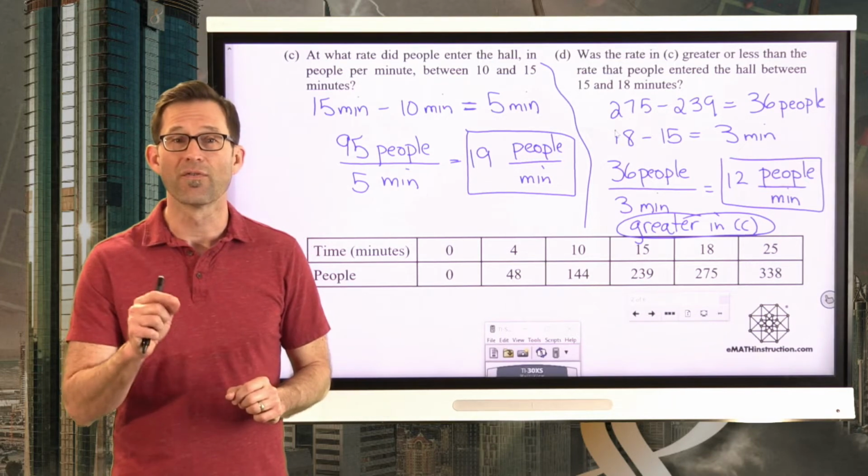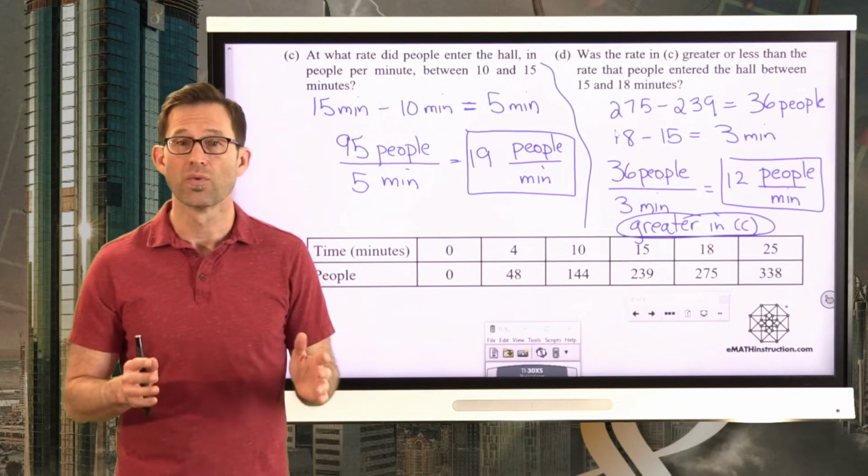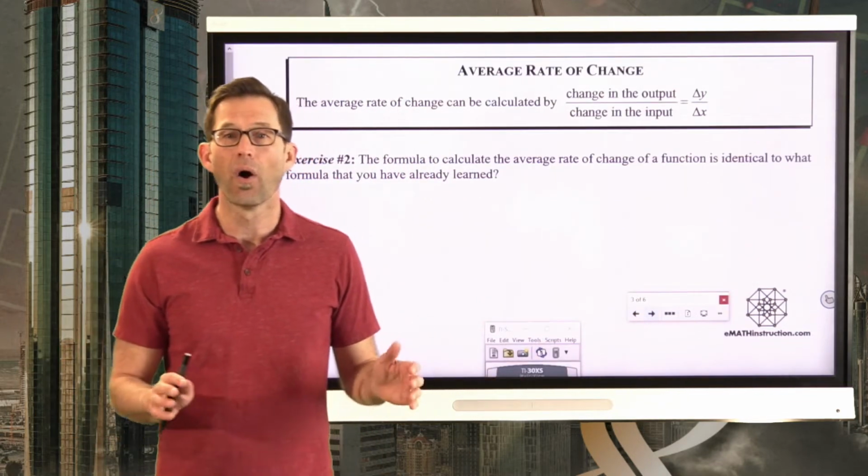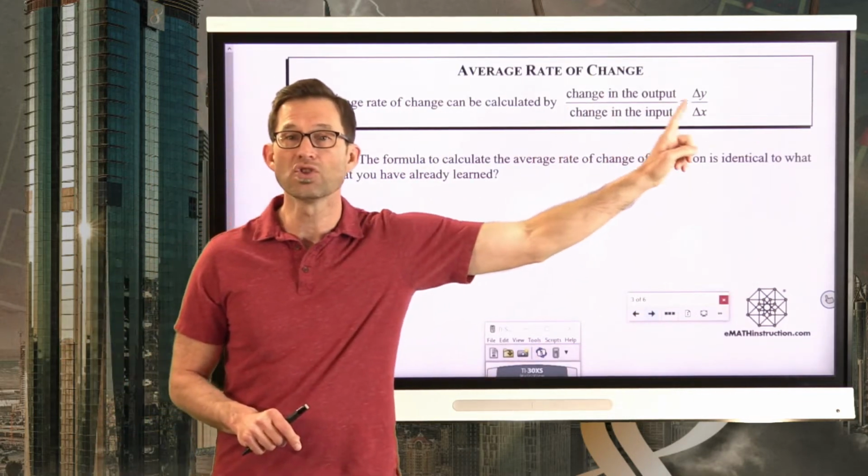Let's now use this to formally define the average rate of change. The average rate of change can always be calculated by taking the change in the output,